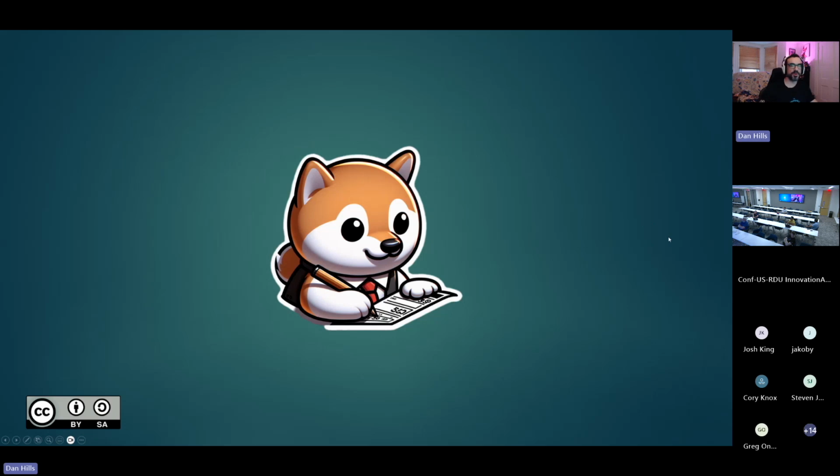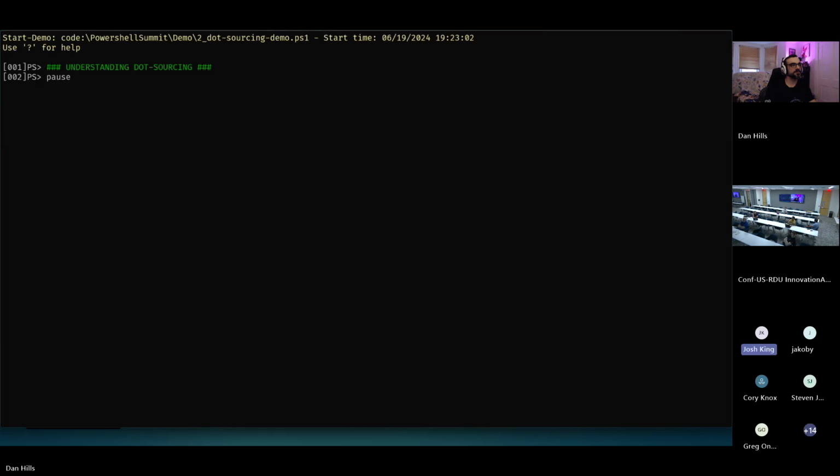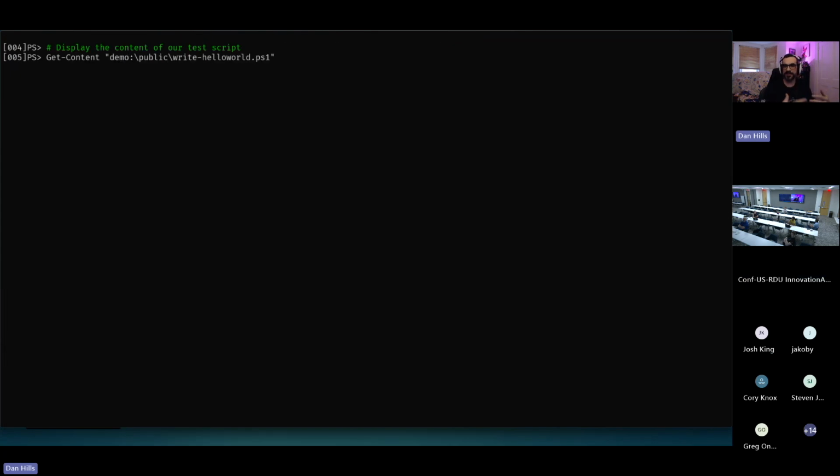And before we go on, I do want to talk about dot sourcing a bit, because I think that's a concept that's probably going to be new to a lot of people. So dot sourcing can be kind of complicated to understand. Really what it ultimately comes down to is when you are looking at a PowerShell script and you're running a PowerShell script. So if I have this hello world script and it just has this one function inside of that script